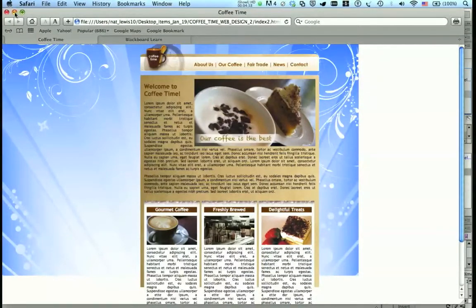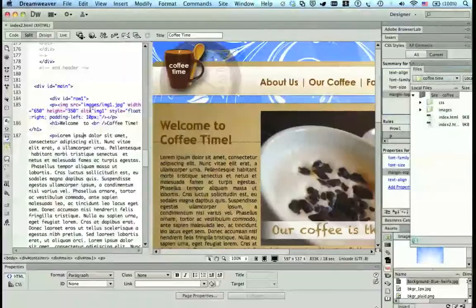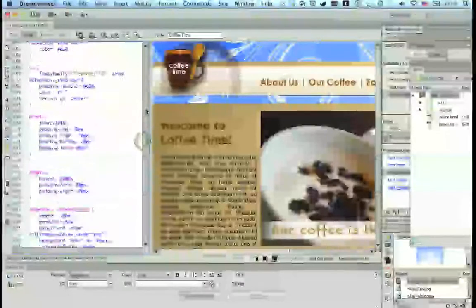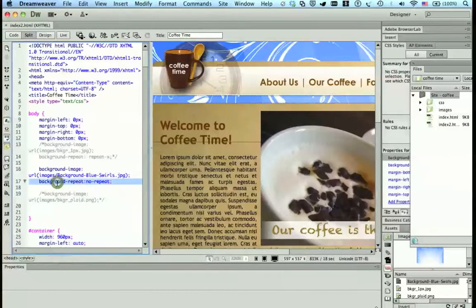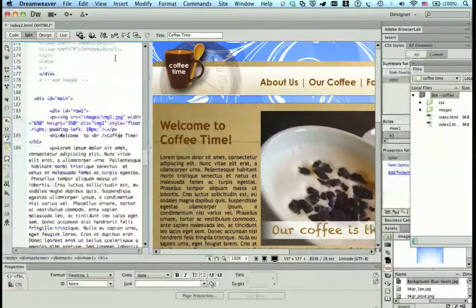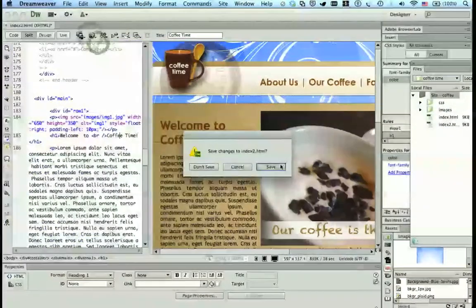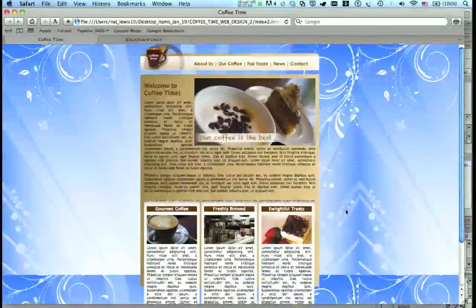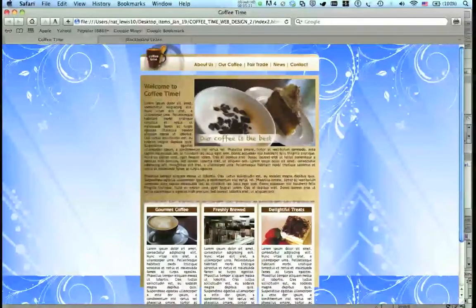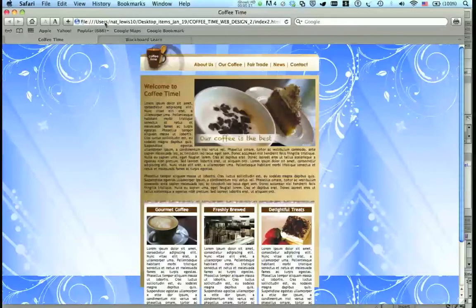So the other thing, if you want to avoid that, is if, say you repeat it. So let me just repeat it or tile it. So right now I have background repeat, no repeat on. If I were to take that off, by default it then tiles, let's refresh. So then you'll see, okay, yes, we do have an image filling up the space. However, you see where the other image starts to begin at the right and at the bottom because it tiles and it's not seamless. So a way to avoid this is number one, you don't want to use huge images